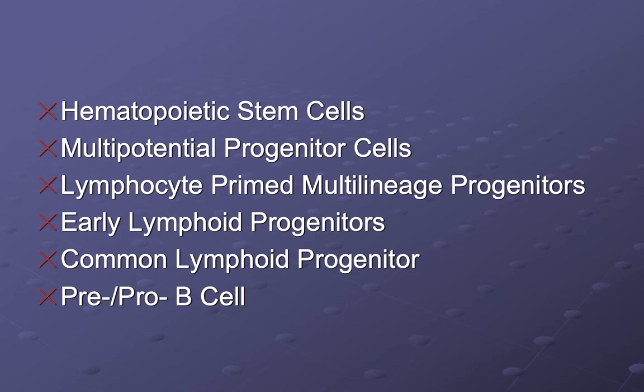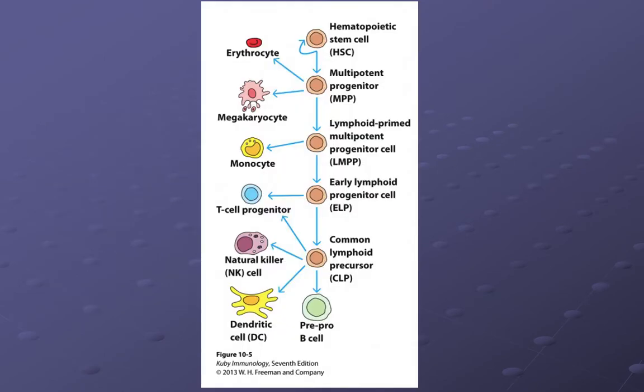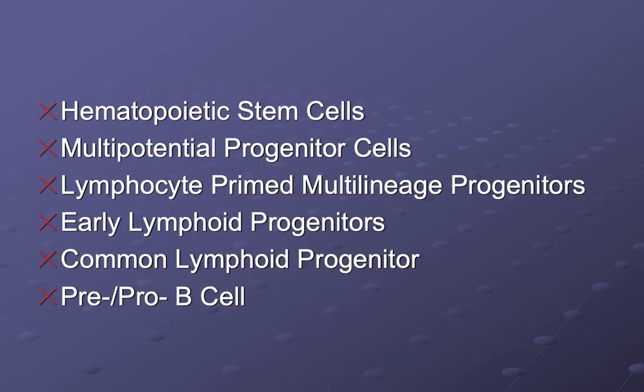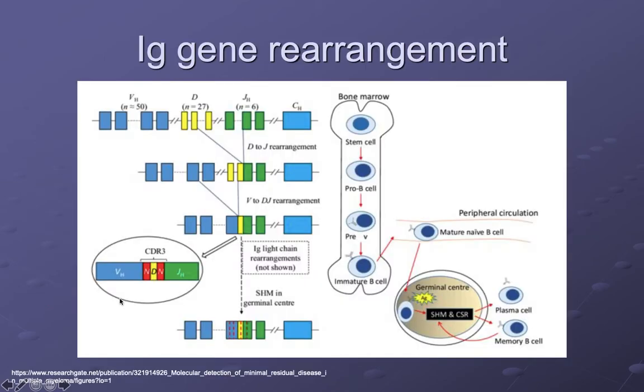And then the common lymphoid progenitor will give rise to, for B cell development, our initial stages, our pro-pre-B cells. Now, during the early stages of B cell development, similar with T cell development, functional rearrangements